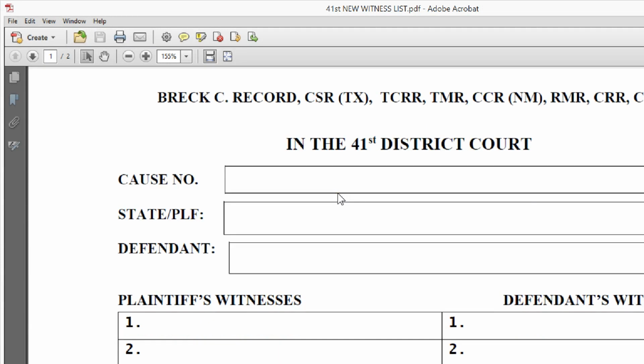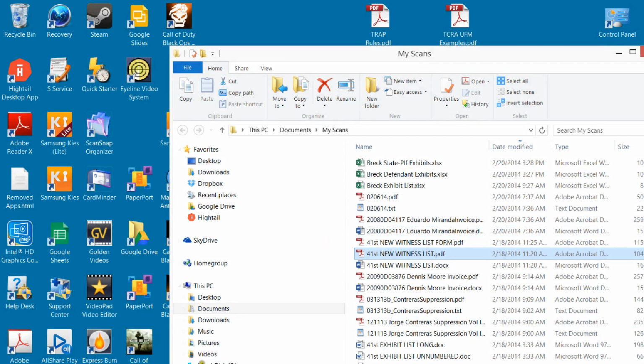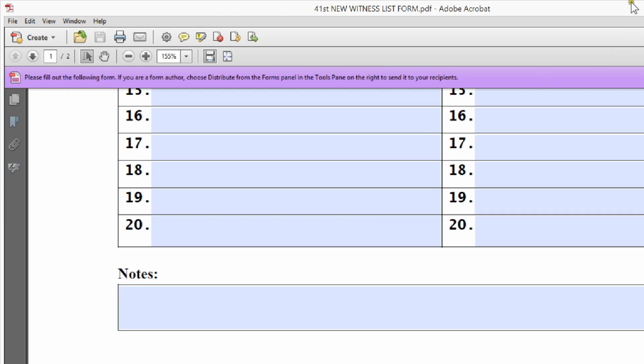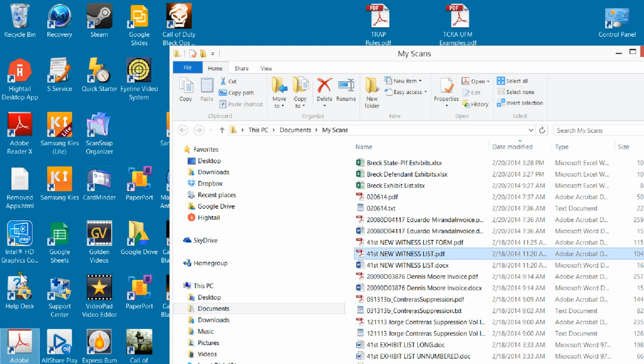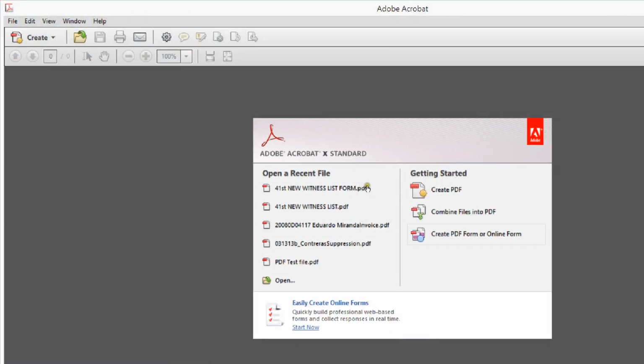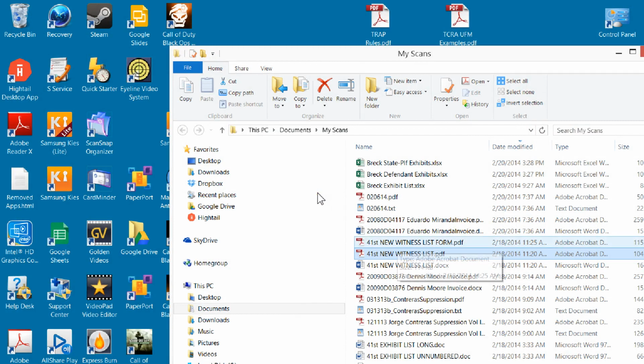Now this is real pretty and everything, but I still can't type into this window unless I have the Adobe Pro or the Adobe software or some document that lets me kind of go in here and edit it. So what I did from this point was I launched the Adobe program. Adobe Acrobat 10 is what I have. And I created a PDF form or online form. And when I did that, it gave me this document,